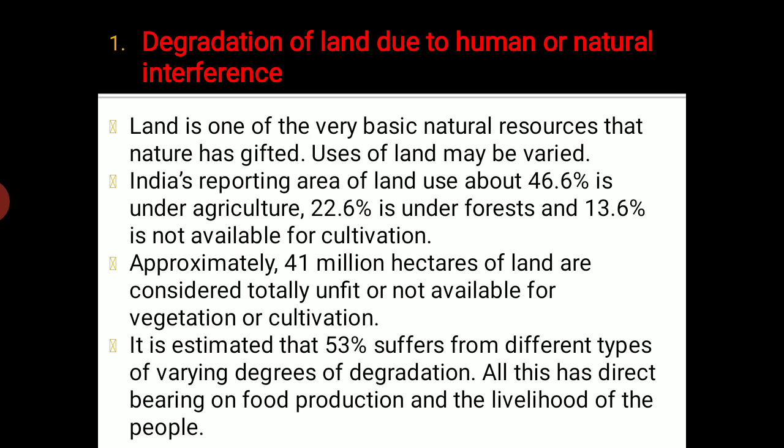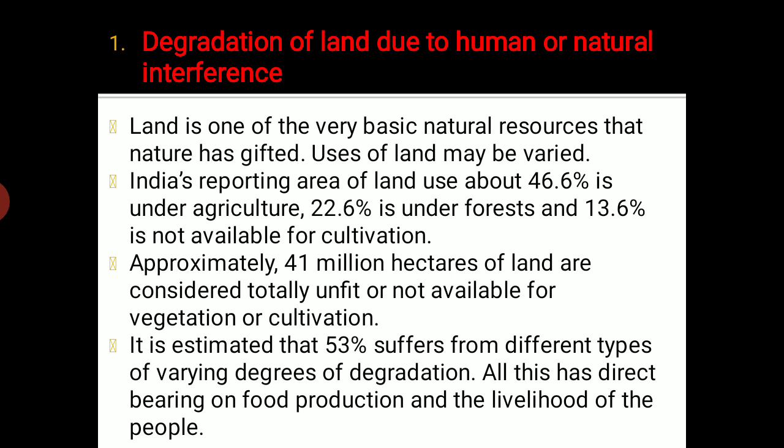which is actually not very fertile, or somewhere there are problems in it, there are varying degrees of degradation. That means it appears to be degrading at different degrees, and all these have a direct impact on food production. We know this, right, that we highly depend on agriculture. And if we do not have good quality land available, then we can say that it affects the ultimate food production